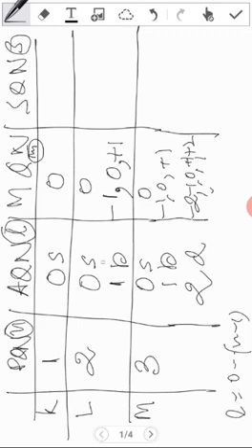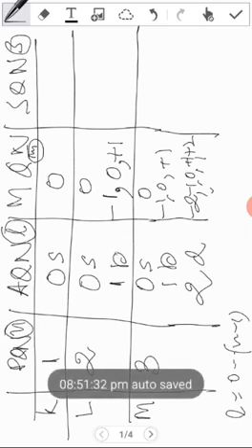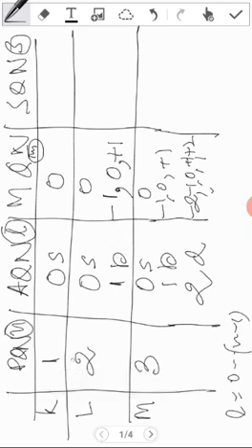See here, the question is why p cannot be there in the K shell. Because the value of L is only 0. Here p is there, but there is no p. D cannot be there for the L shell, because for d we need the value 2 for L, and there is no value of 2 for L. So p orbitals start from the second shell. D orbitals start from the third shell.